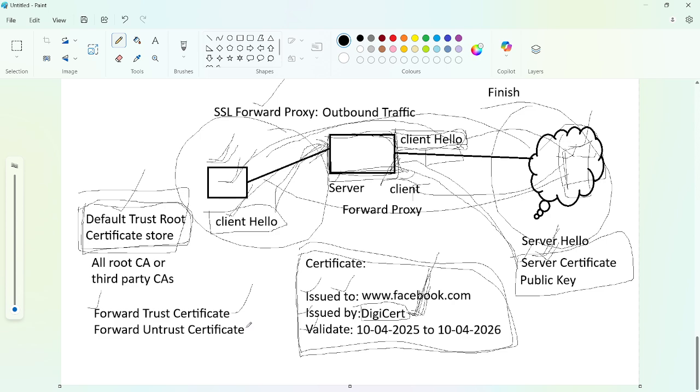I will show you how to create a certificate in the firewall while doing the SSL decryption lab. We need to create a forward trust certificate and a forward untrust certificate. The firewall will send the forward trust certificate because the issued by field, DigiCert, is available in the default trust root certificate store. So the firewall thinks, I am trusting the traffic sent by the server, so I am sending the trust certificate to the